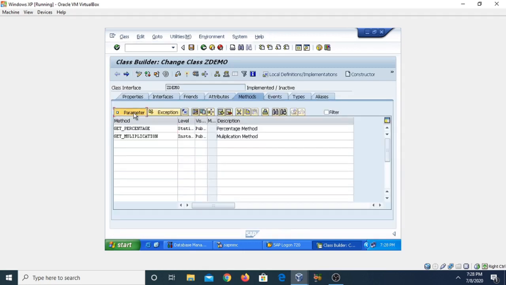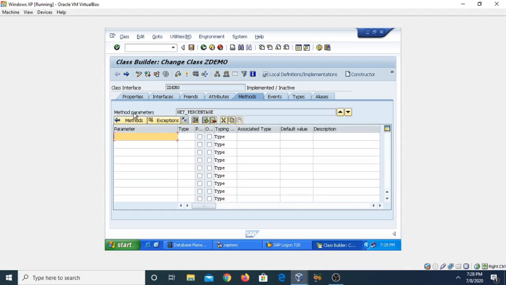Now click on the parameter type. Now you can define the parameter here. So suppose I am declaring the first parameter IV underscore max, and then type you can define.